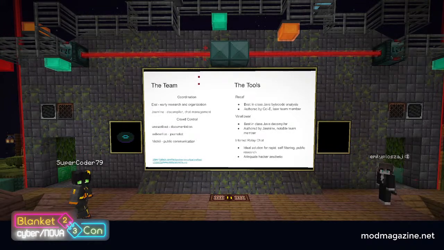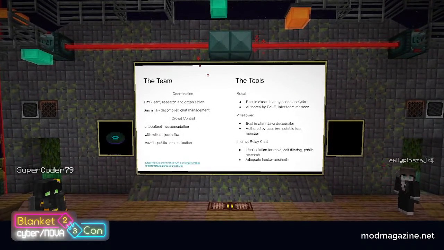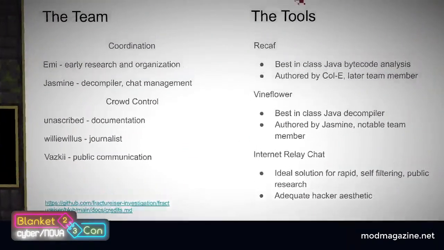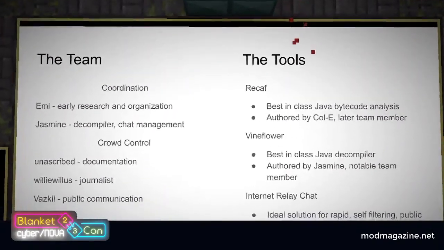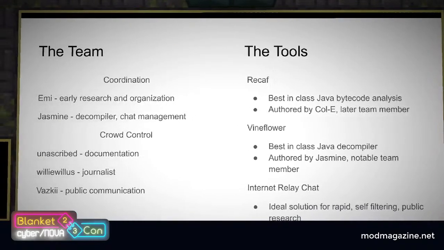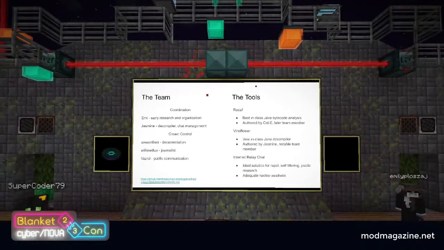Before we start discussing the timeline and events, let's talk about the people behind the mitigation team and the tools that we use throughout the process. Going down the list first, we have me. I originally started the research into the malware, and I was key in coordinating and organizing it. We have me, who helped with coordinating and organizing on the IRC and wrote the decompiler that the majority of us used.